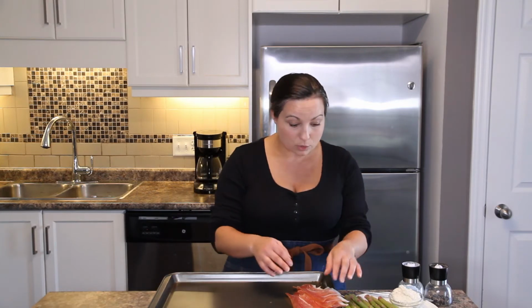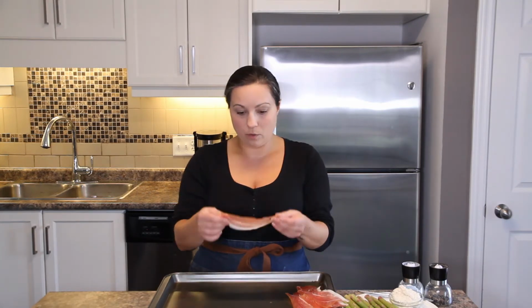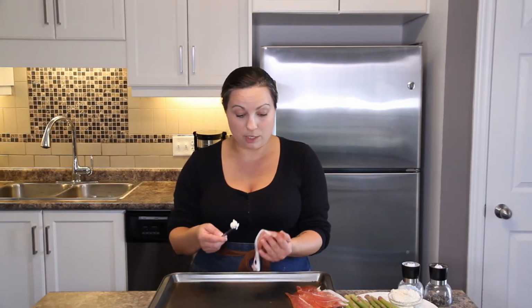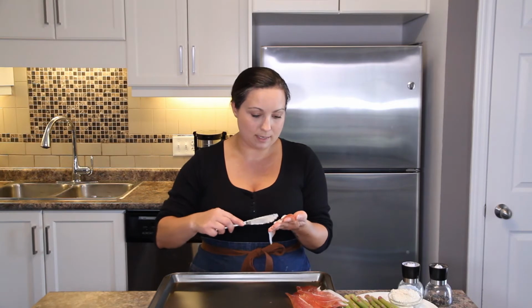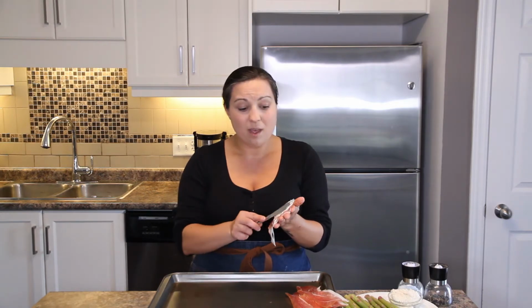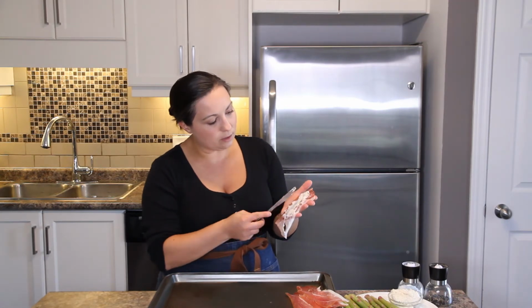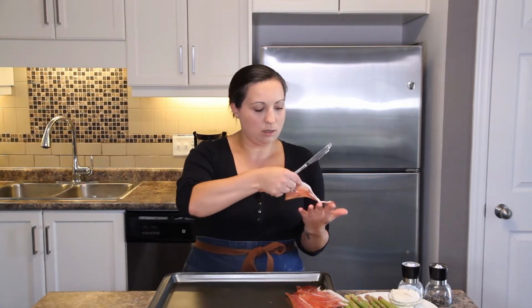But today I am going to take some asparagus and I'm going to wrap it with prosciutto, and I'm going to add a little bit of extra flavor by incorporating cream cheese into the mix as well. So, you have your beautiful prosciutto, you have your favorite cream cheese. I do like some of the cream cheeses that are already seasoned, that have different flavors, so pick your favorite if you'd like, and just spread your cream cheese along your